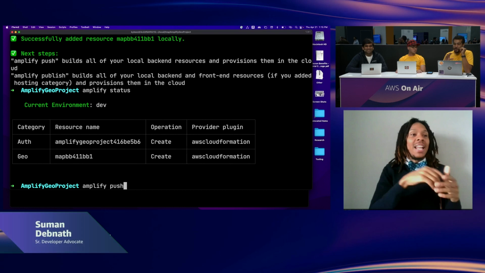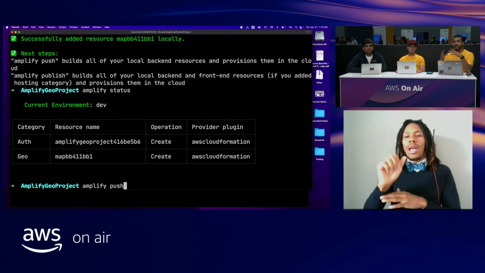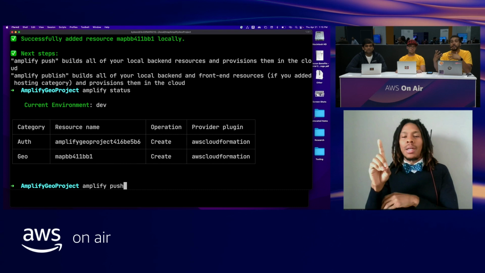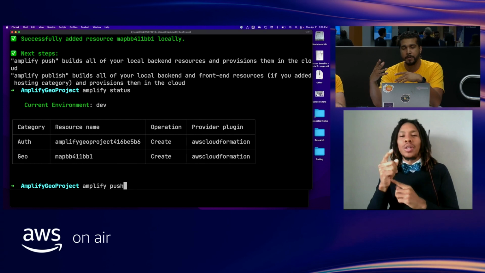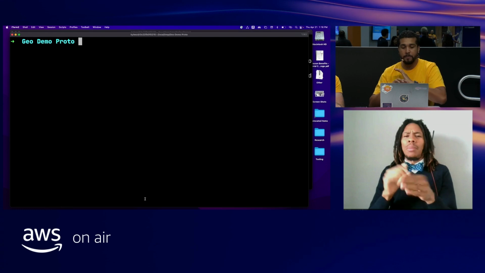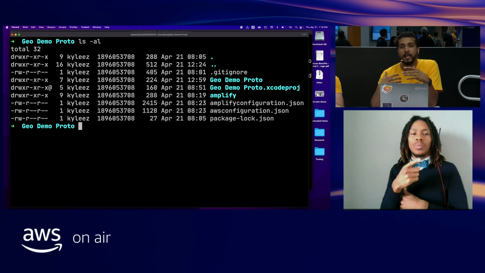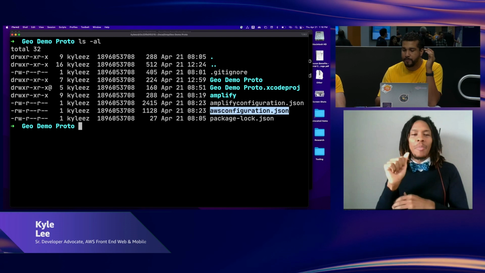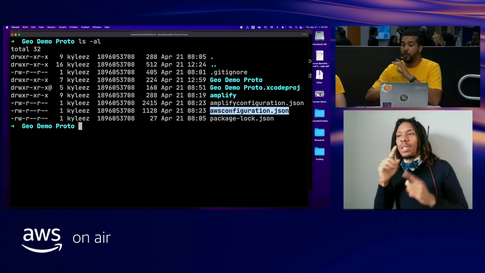That's right. So once you have all your categories set up, what you're going to do is you're going to run Amplify push, and that is going to send that configuration up to the back end, and that will essentially spin up all the different resources. Now this is going to take a couple of minutes during your first deployment, but every deployment after that should be relatively shorter compared to that. So I'm going to jump over to my other project, and as you can see, we have run Amplify push, and that it leaves me with a bunch of different files. So you'll see things like the Amplify configuration file, AWS configuration file, that allows my front end client to speak to the back end.